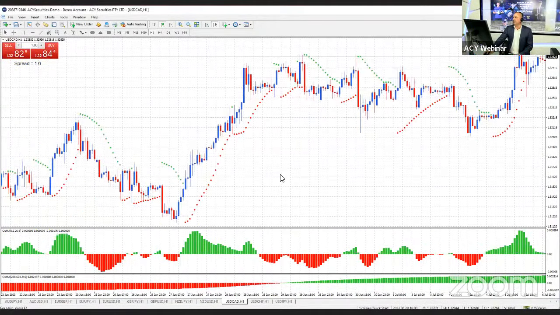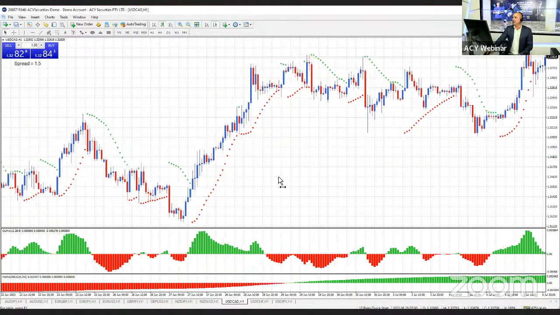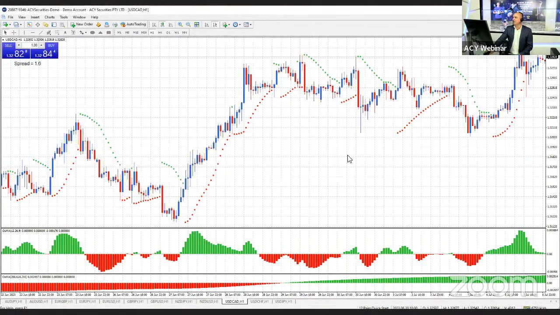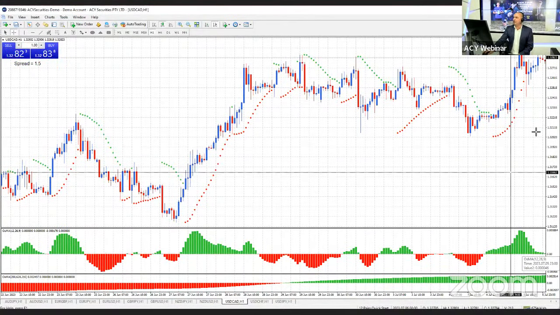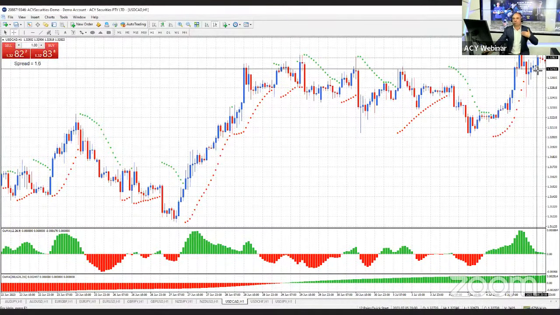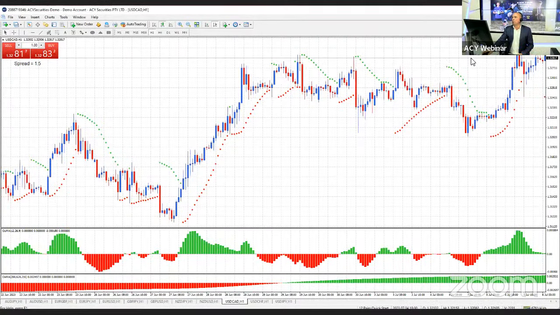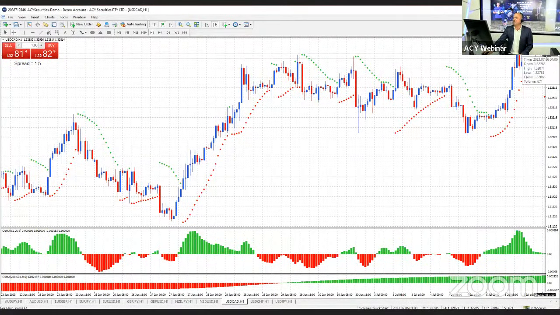So again, I'm just going to take it back so we get just a refresh of what that means. So I look down the bottom here and it's green, green, daily trend is up, hourly trend is up. All I want to see is price breaking out. So price will break out if it hits the green dot. So as I move this chart across a bit more, boom, there it is there. So a few hours ago, or it could have been yesterday, because remember each chart's an hour, that was your entry point.